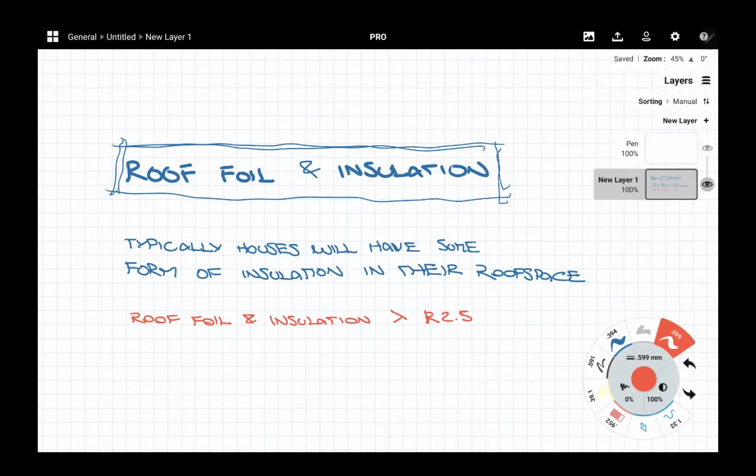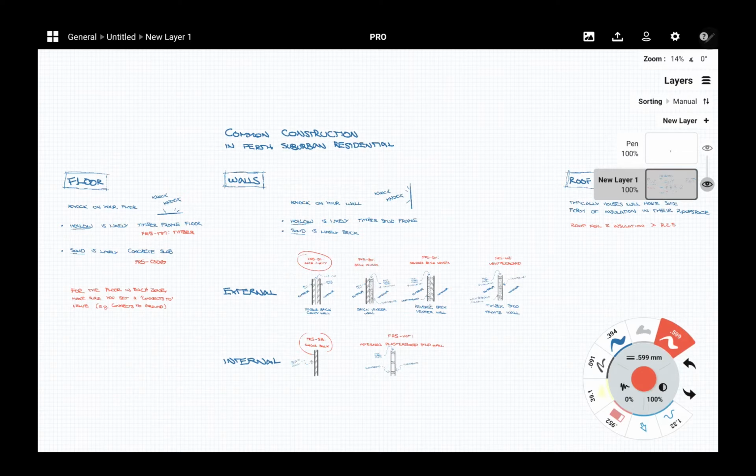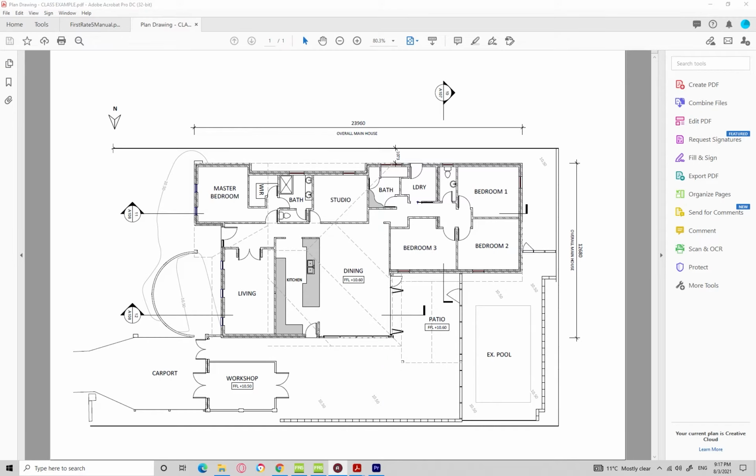Alrighty, yeah, so I figured I would do this because I understand everyone's trying to understand what their house is built from, and these are some common types of construction here in Perth for houses, and I hope that it helps you guys. So with that knowledge of common construction structures and methods in Perth suburban residential that we just looked through,